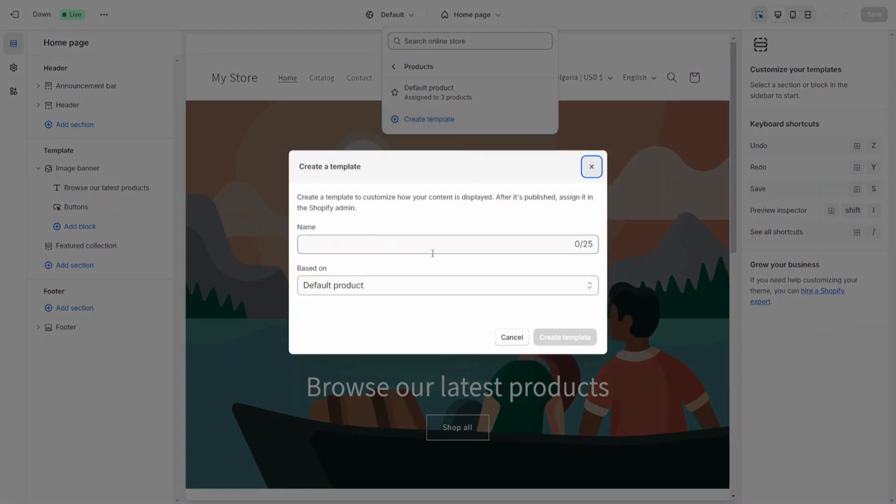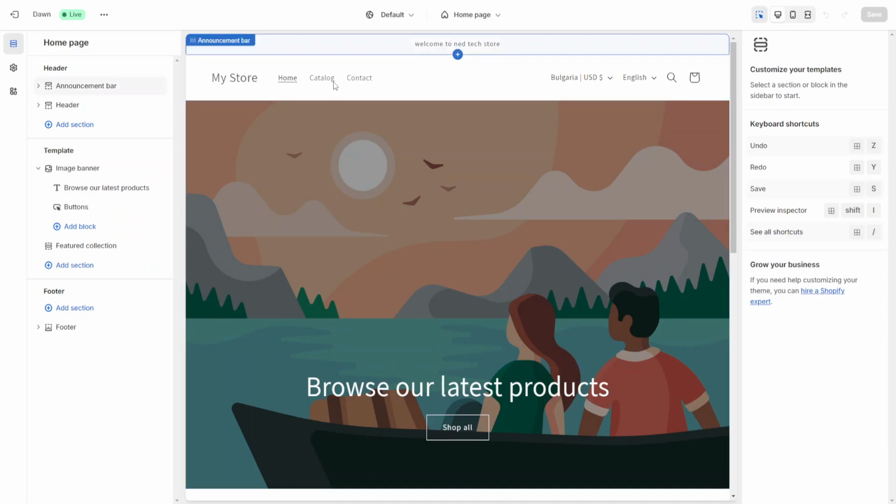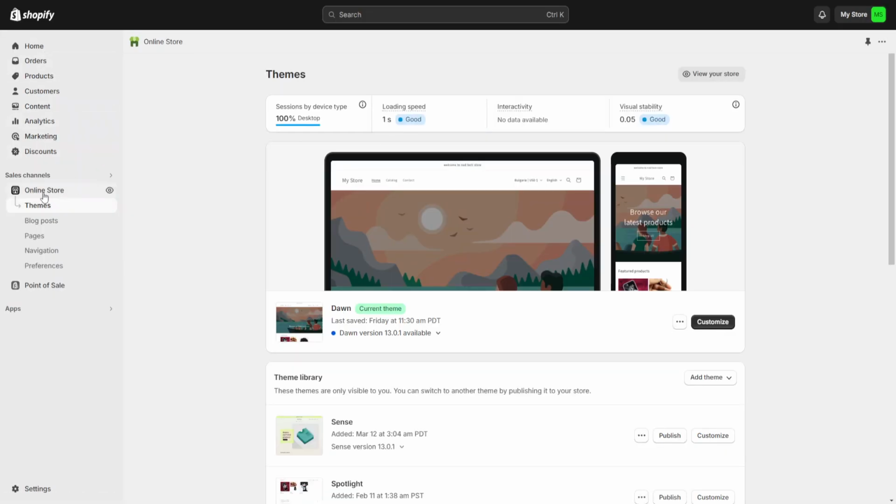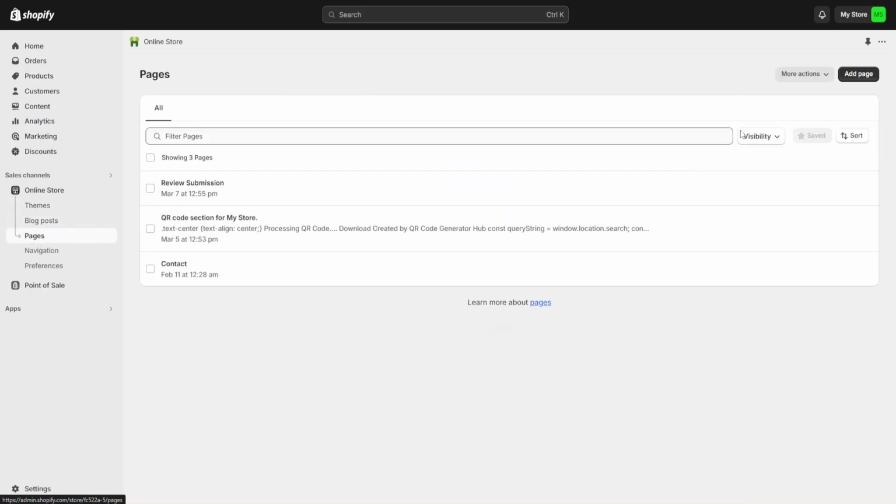Here you can add the name of the template and the type of product it's based on. Then you just click on create template. And once you do that, you go back here to the top left corner, you click on exit, and back to online store we go to pages now. And here on the right we can go add page,